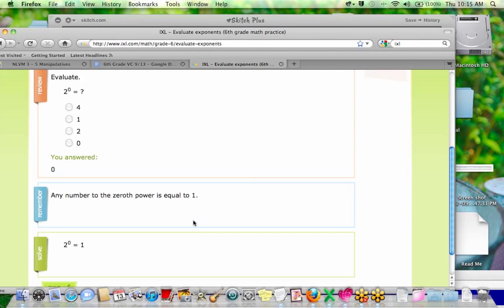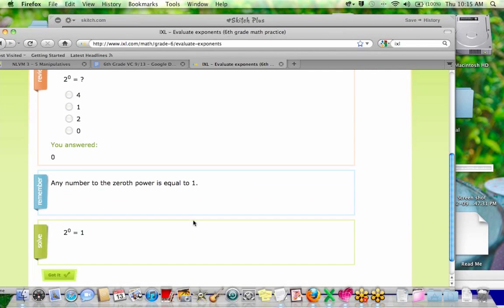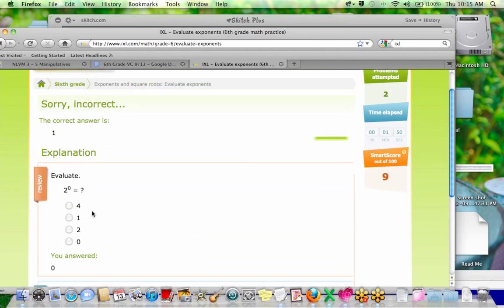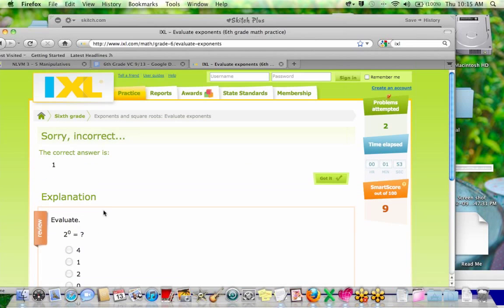Yeah, so this is kind of a cool website because it will show you what you got wrong. And any number raised to the 0 power equals 1. So this could be 8,535 to the 0 power, and the answer will still be 1. Okay, very cool. I want to see by a thumbs up or a thumbs down who's feeling good about exponents. Kaylee P, that's a thumbs up. All right, we're going to move on.